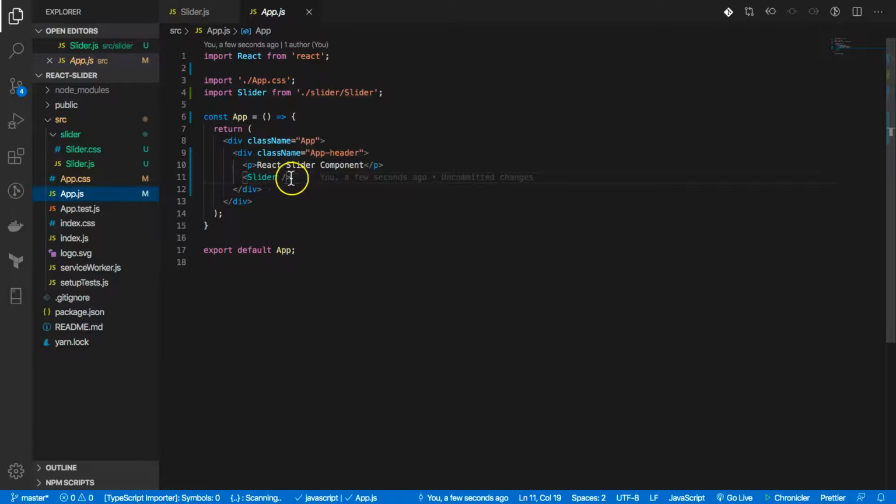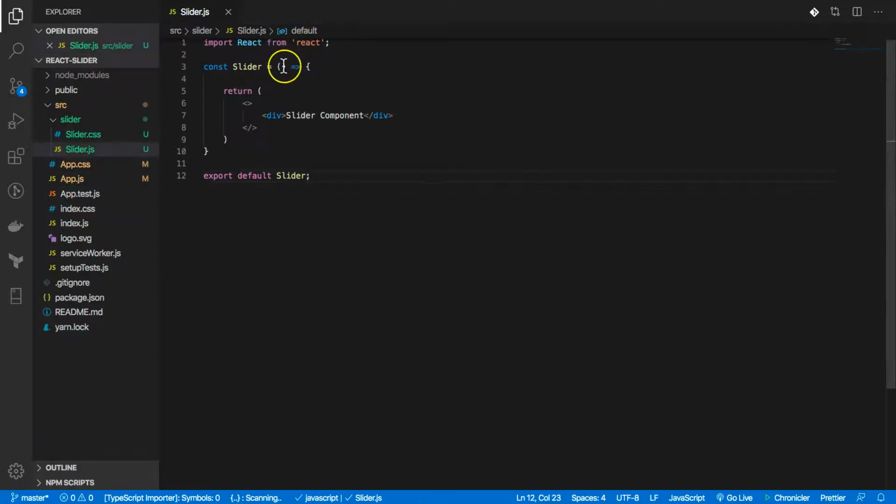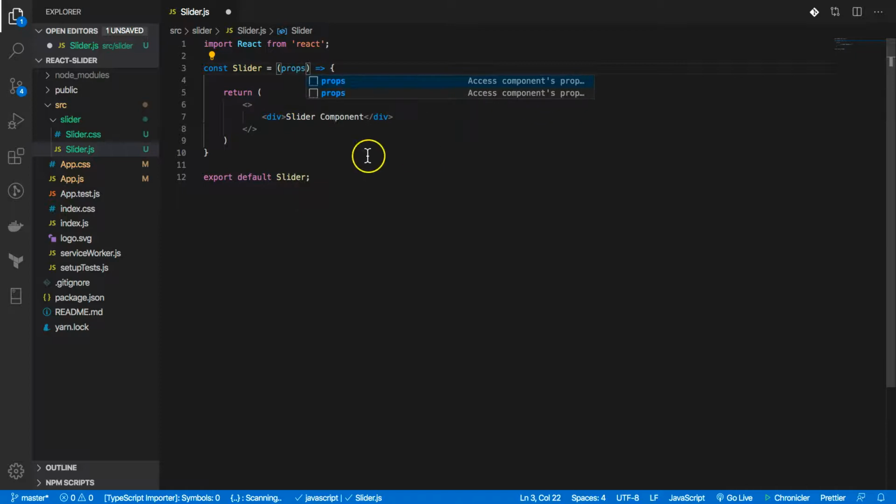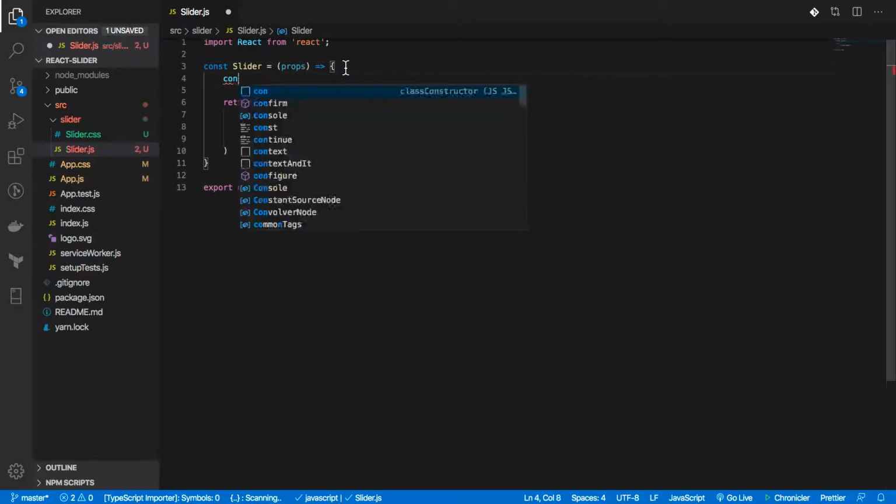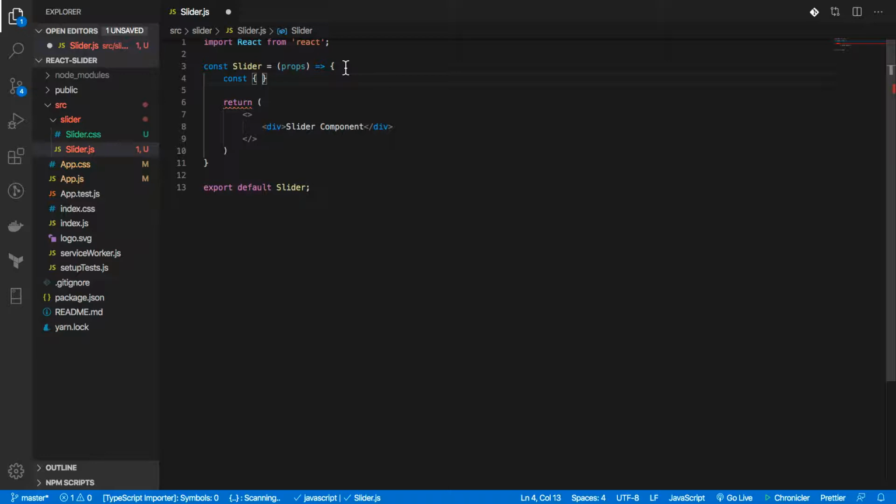Right now I don't have the properties here in the component, but since I know what I want, I'm just going to destructure it. So the function here is going to take props as a parameter. Sometimes in some functions they destructure the properties directly here, but I prefer doing it this way, props. And then down here you use the object destructuring